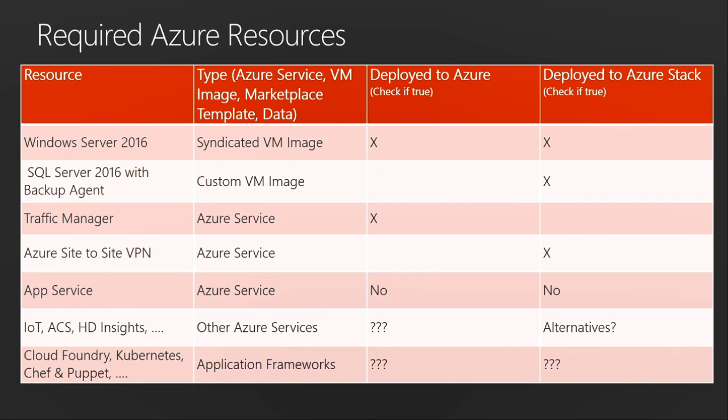Remember I was talking about how many of our customers start with an Azure-based application that they then want to move into another geography. Remember the Ernst & Young app, or in this case, the shipping company that needed to move a subset of their application onto the ship side. One of the things that's asked is, what Azure services are they dependent on? Now, not all Azure services are available for Stack yet. Okay? They're not there. But that doesn't mean that the apps can't move.